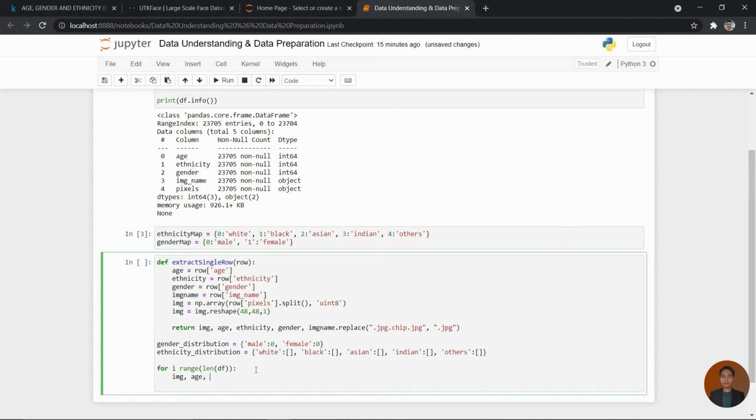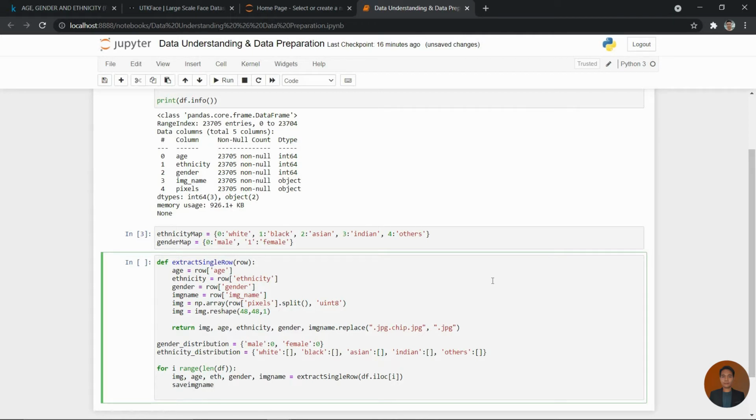Our img, ETH, ethnicity, gender, rows, and also image name will be equal to extract single row. And then we're gonna pass in our df.iloc, the index. Then next, I'm gonna create the save image name, which will be the new name. I'm just gonna append the label information into the name of the images itself. So we're gonna use the ethnicity map. We're gonna pass in the index of the ethnicity, then we append with an underscore. Then we're gonna use the gender map, and then pass in the gender